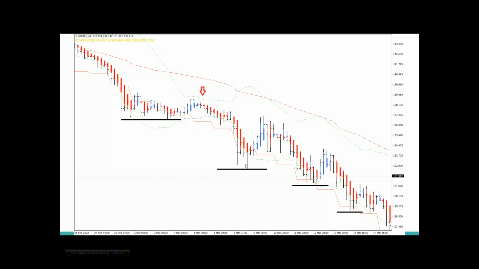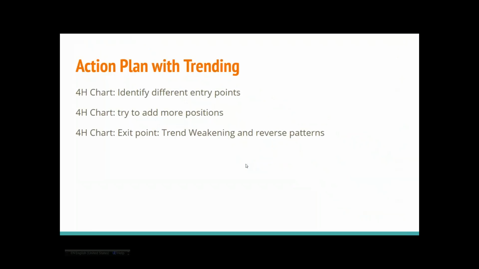Now, in a trending situation, what's our action plan? Our action plan is we always want to move along with the trend. We do not want to go against the trend. That's rule number one. I know many people, let's say you have a mutual fund retirement account, you have a 401k in the United States, in Canada we call it an RSP. And the advisor always tells us, oh, don't worry about the market trending down, you just need to buy and average down. That's what they call it. So every month you buy. At the end of the retirement, you still make lots of profit.